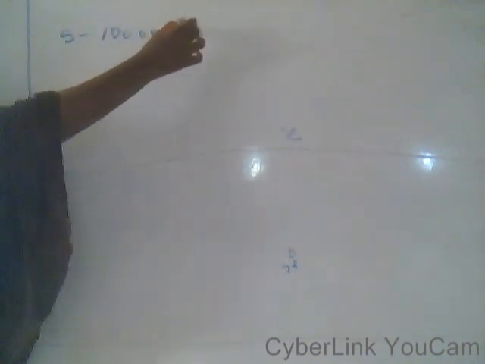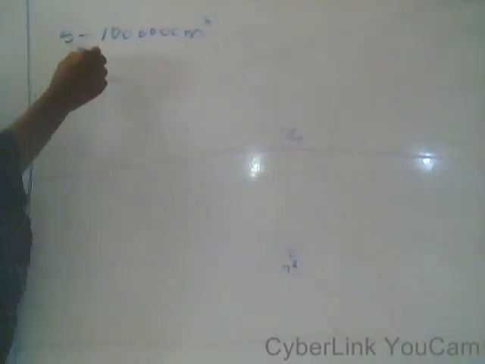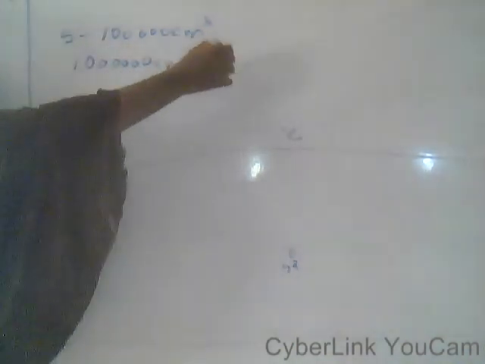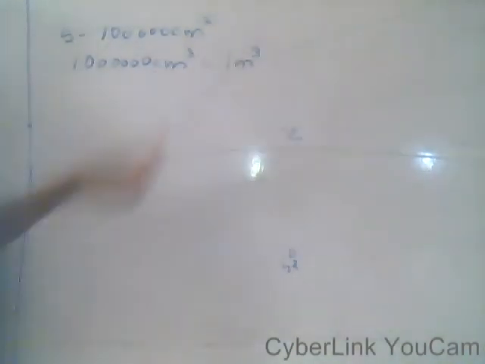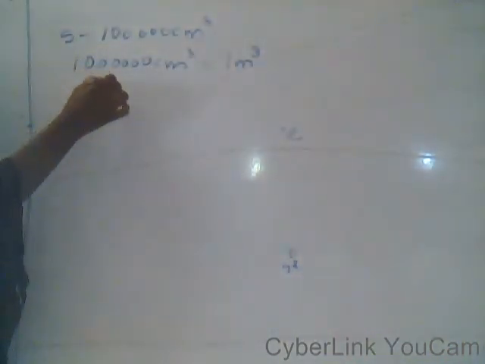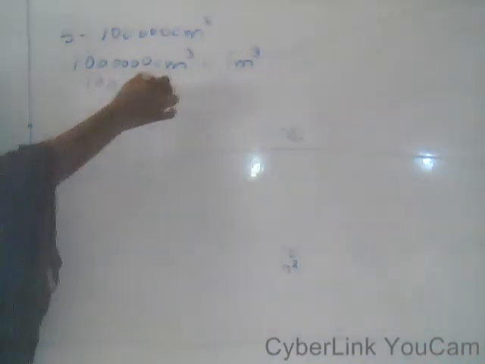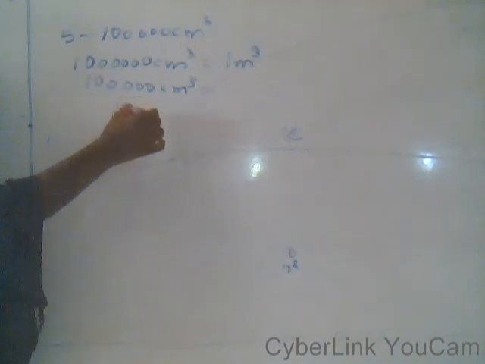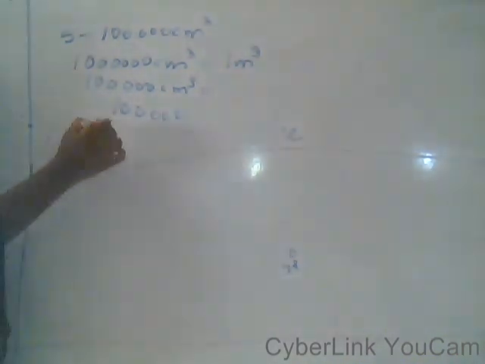100,000 centimeter cube. Well, first of all, we have to convert it to meter cube. If you convert it to meter cube, that is its own volume. And recall that 100,000 centimeter cube is equal to 1 meter cube. Now, how many of these are we going to get? That will be 100,000 over